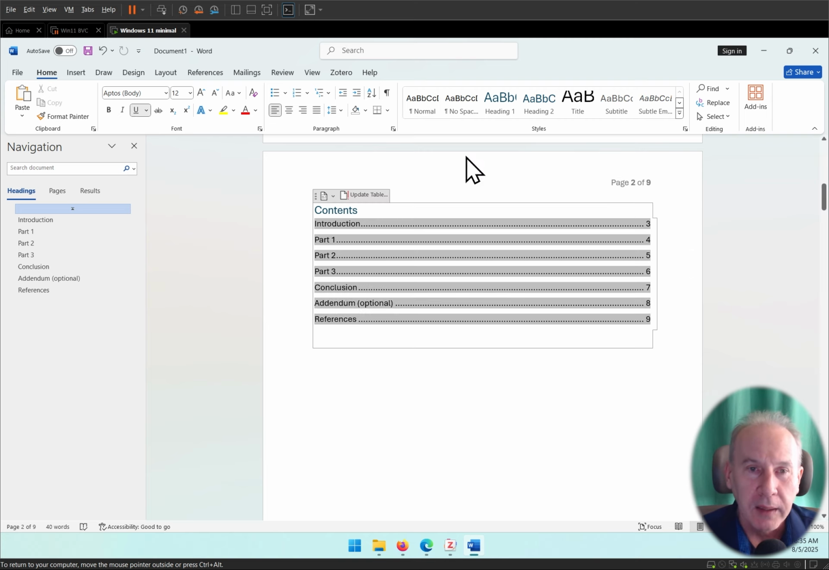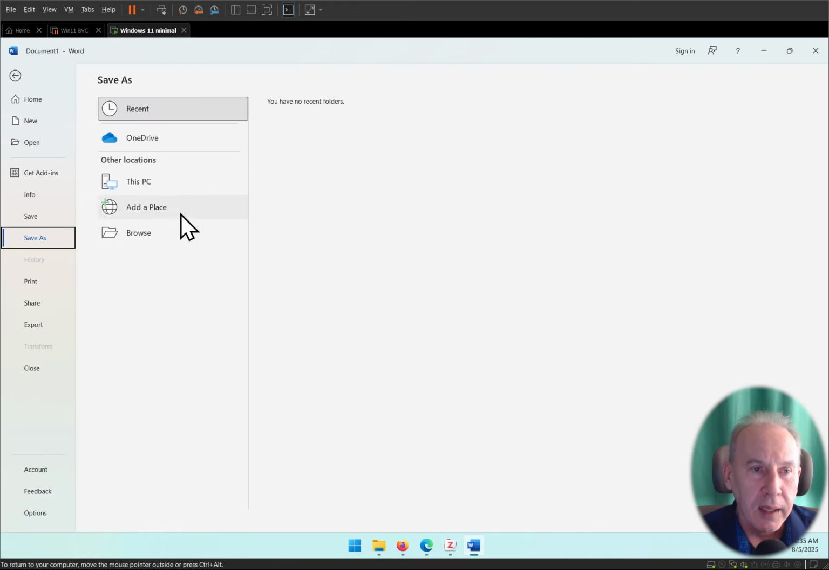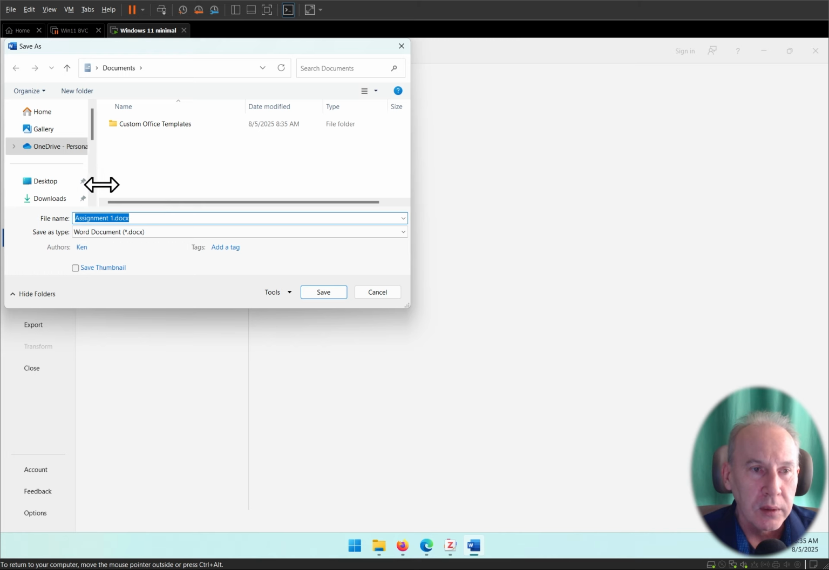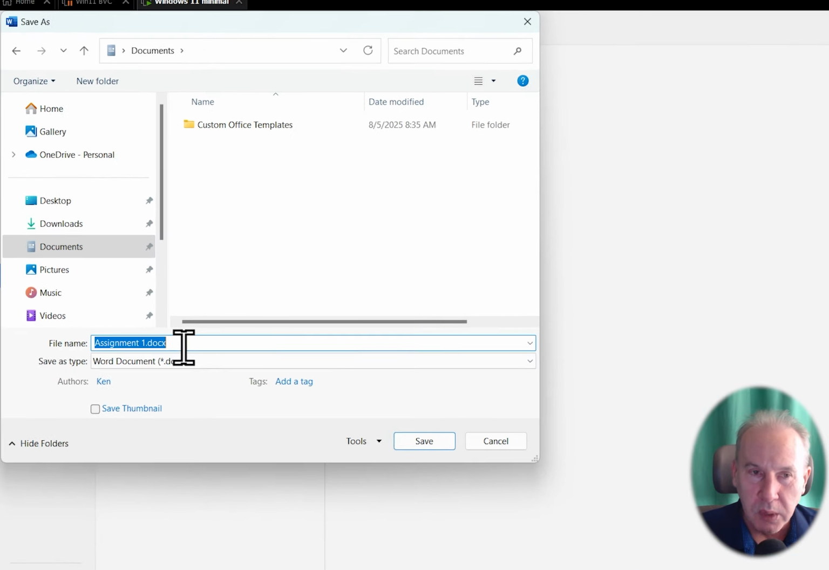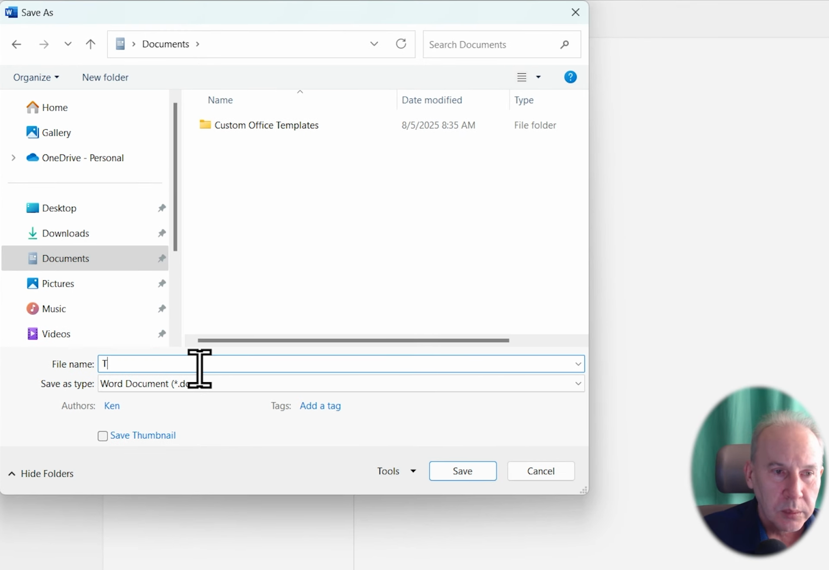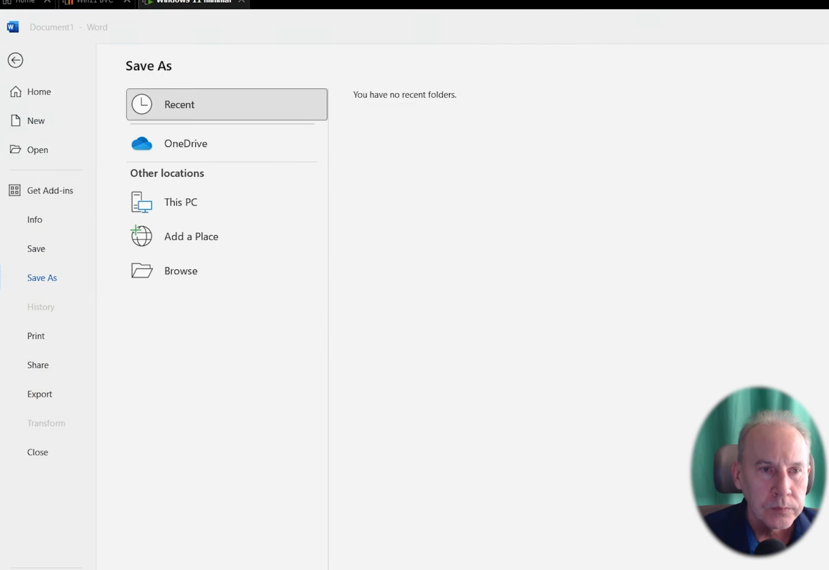Now we have a nicely set up template. What we want to do is now save this template. So we go to File, Save As, and I recommend you save it into your My Documents folder for now. And you don't want to call it Assignment 1. You want to make sure that you've named it a template. So we could call it an assignment template. And typically you would put your name or initials in there because you're going to be submitting this to the school. So I'm just going to say assignment template, my initials, hit OK,